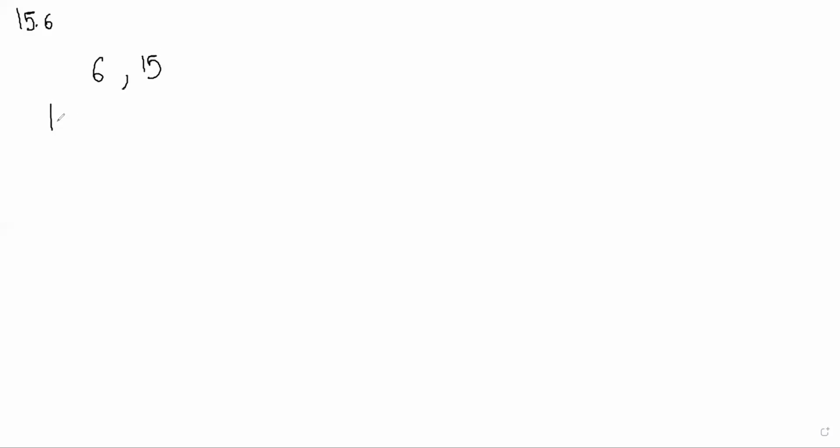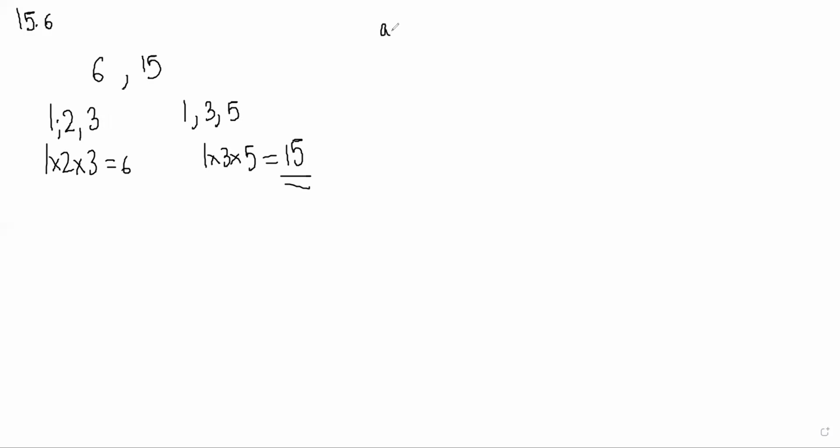So for 6, the divisors are 1, 2, and 3 except itself. So the product of 1, 2 and 3 is equal to 6. For 15, the divisors are 1, 3, 5, and the product of 1, 3 and 5 is 15, right? So these are all proper divisors you have to take. You cannot include the number itself, right? So he's asking you first to list all the product perfect numbers from 2 to 50. You can just do a few and see if you are able to spot them.